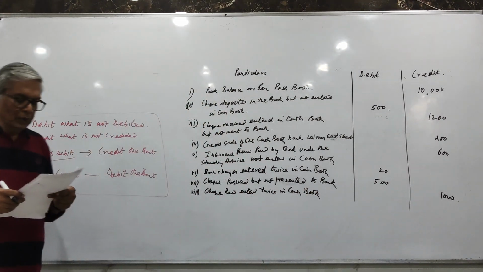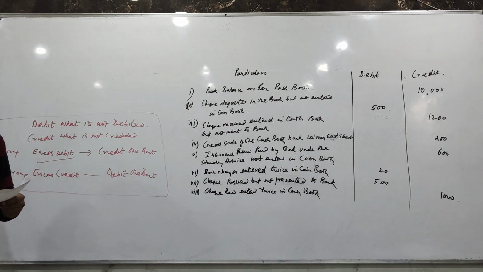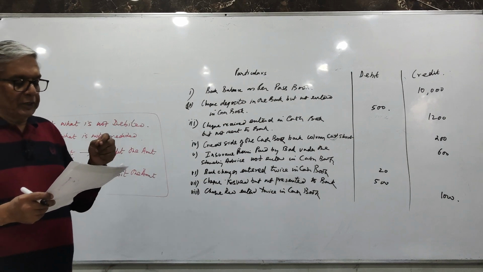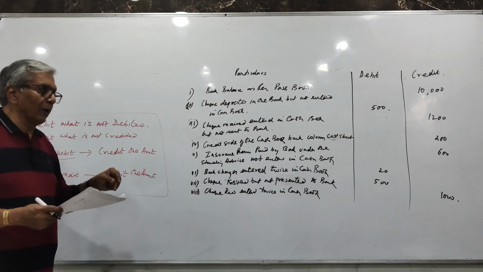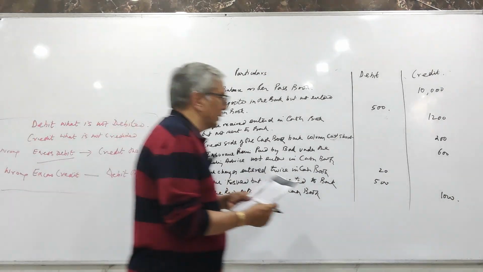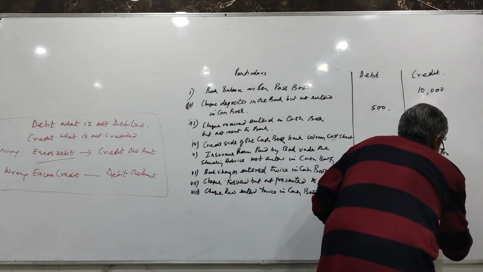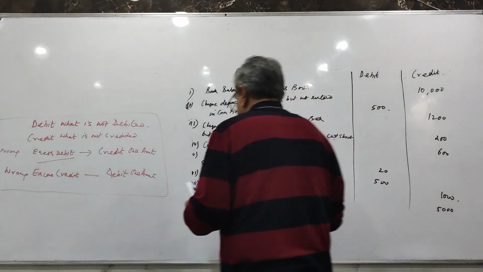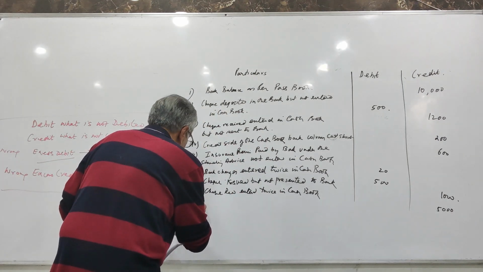देंगे 1000 रुपीज से। उसके बाद क्वेश्चन कह रहा है बिल्स डिस्काउंटेड डिसऑनर्ड नॉट रिकॉर्डेड इन द कैश बुक। अब क्या हुआ है, हमने जब बिल डिस्काउंट कराया था तो हमने बैंक को डेबिट किया था, अब वो डिसऑनर हो गया है तो हमें बैंक को क्रेडिट करना है जो हमने रिकॉर्ड नहीं किया है। बैंक हमें डेबिट कर चुका होगा क्योंकि बिल डिसऑनर्ड नॉट रिकॉर्डेड इन द कैश बुक। बैंक ने हमें डेबिट कर दिया है, हमने बैंक को क्रेडिट नहीं किया है, तो हमें बैंक को क्रेडिट करना पड़ेगा 5000 रुपीज से। बिल्स एक्सचेंज डिस्काउंटेड